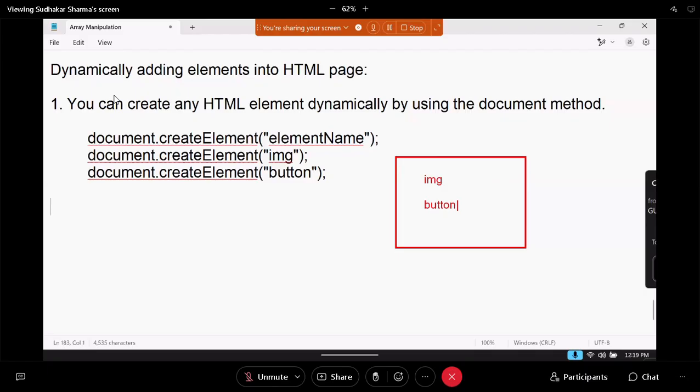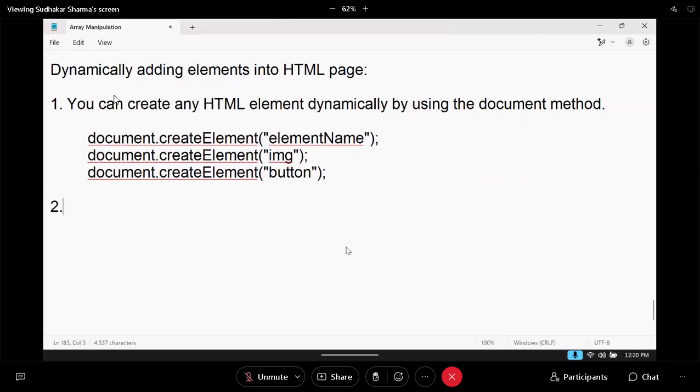We are not sure. Both are in memory, but in which memory reference is the image? In which memory reference is the button? We are not sure. Then how will you use them? That means when you create elements, they will be in memory, but they need a memory reference name. Then only can you access them from memory. So what you have to do is assign a memory reference